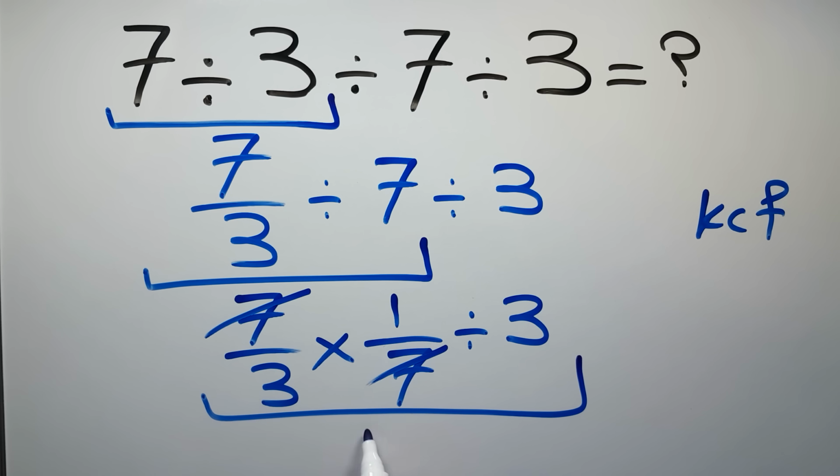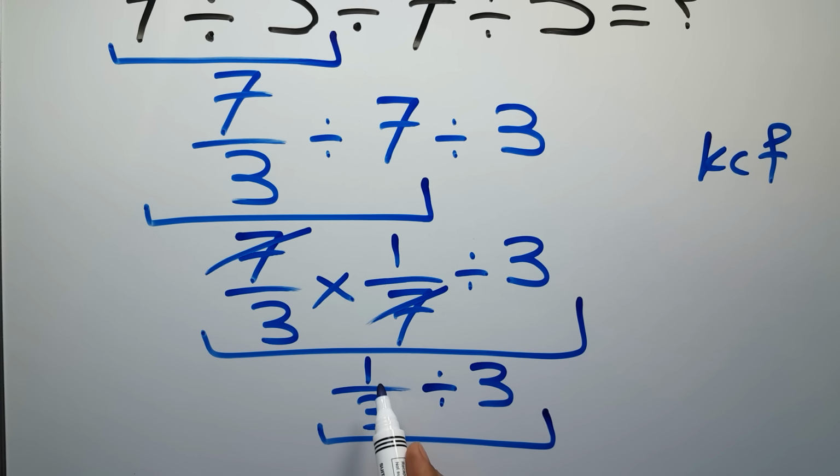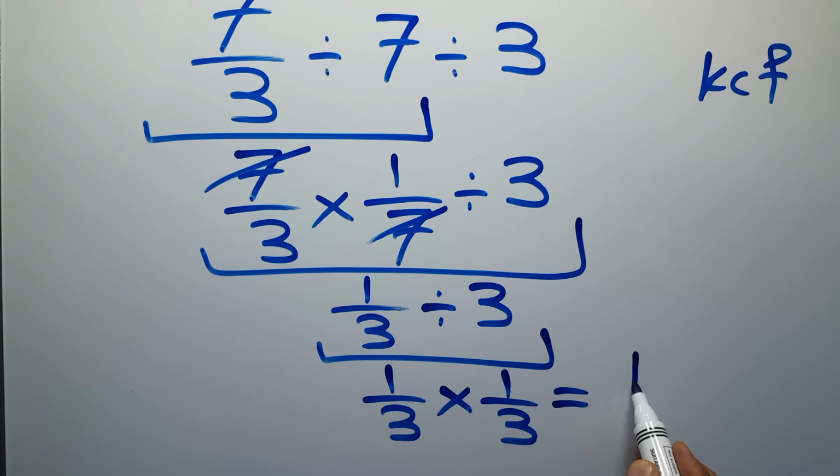Okay? 1 over 3 divided by 3. And here we can use the KCF rule. So we can write: keep the first fraction, 1 over 3, then change division to multiplication and flip the second fraction. So 1 over 3 times 1 over 3,